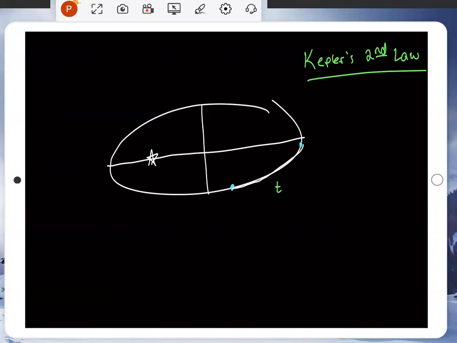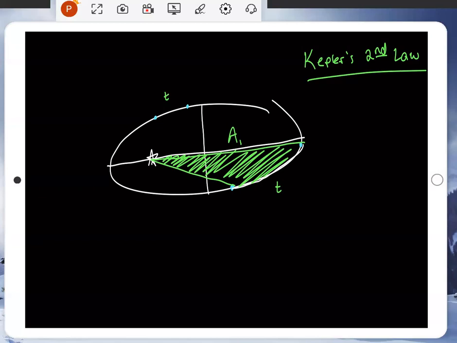But look at this area. If we connect the foci from the star to the point, that's the second point, and then the star to that, this is an area of a sector. If you remember geometry, I don't think you have to worry about that. There's an area 1, maybe. Now, as long as I don't care where it is, it could be literally anywhere on this path. Choosing another one, let's just say, how about from here and then here, as long as it's the same time.